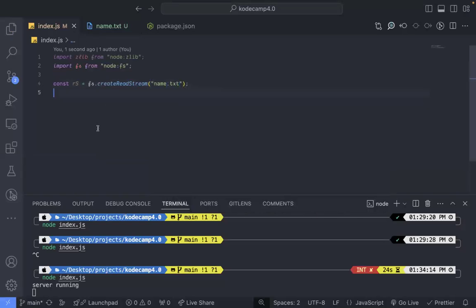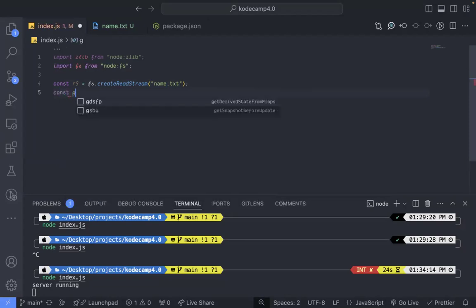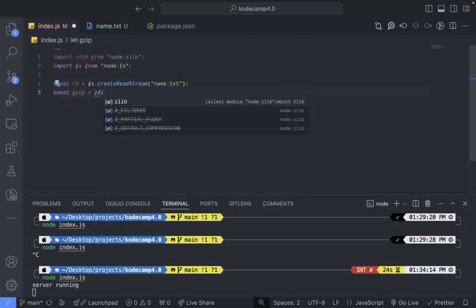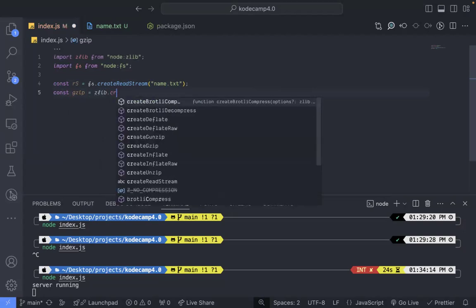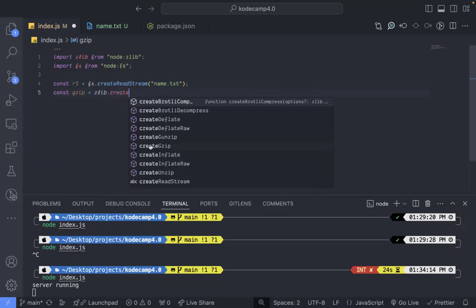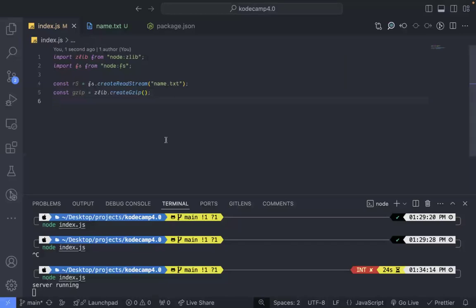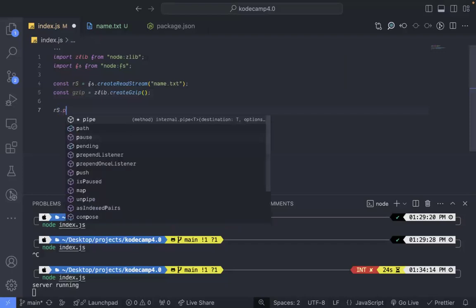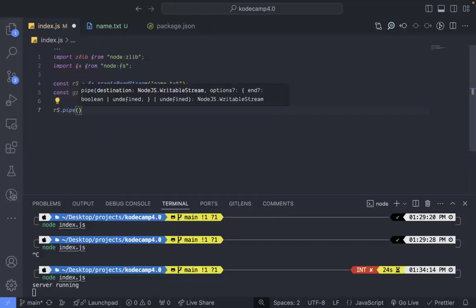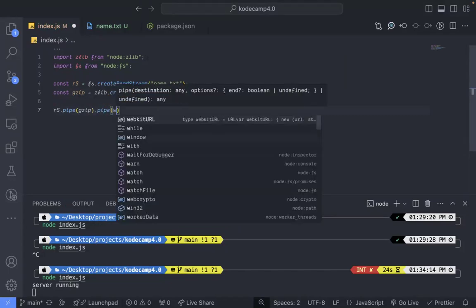And now we want to use zlib to create a zip file. Let's say const gzip is equal to zlib.create. Is it createGzip? Yeah, look at the method here, createGzip. We'll call it like this to create a zip. You can pass in options, but we're not interested in any options. And then readStream.pipe(gzip), and then I'll explain this, .pipe